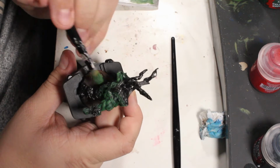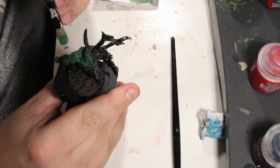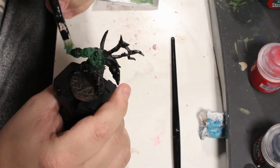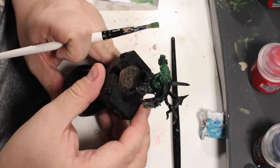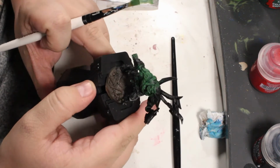This is the exact opposite of a wash, which the contrast paints are. They are wash paint. They are a diluted, high flow version that just flows into everything, but it's fairly see-through on the other hand. So yeah, we brush up some nice green on him, and I mean,